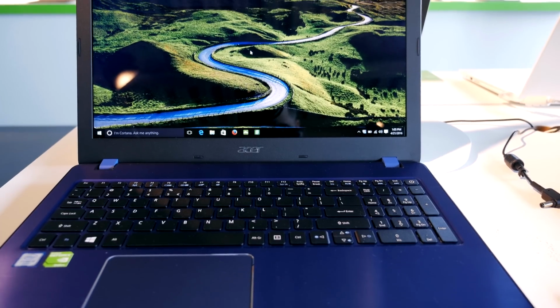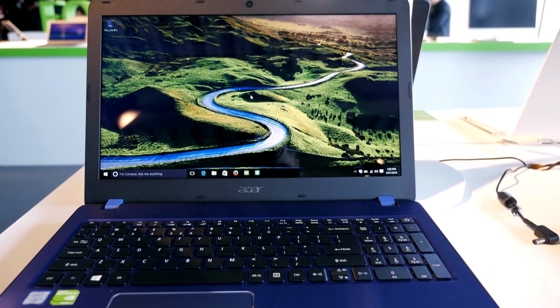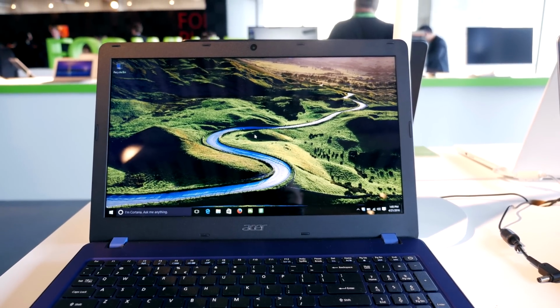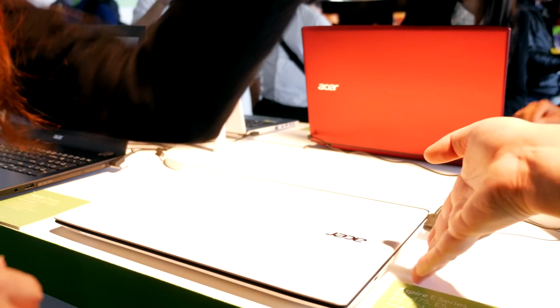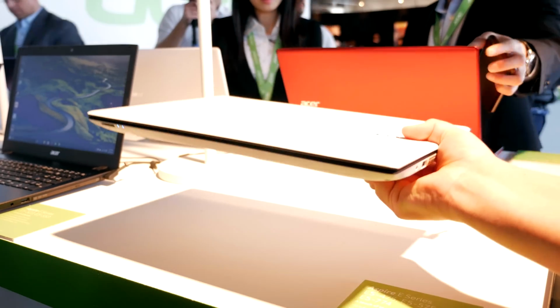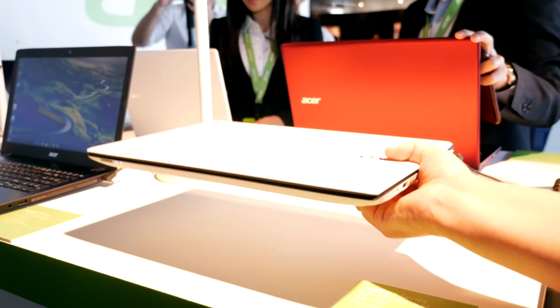Now they have what is essentially an updated version of that here running on a 6th generation Intel chip. They had i5, i7 versions. They had an i5 one down at around $499. They had higher spec ones, which are up around $700, but they do have some with 940Ms at around $500 with the 6th gen Intel processors, and those are going to be really exciting, I think, because